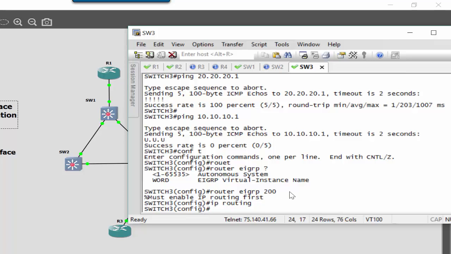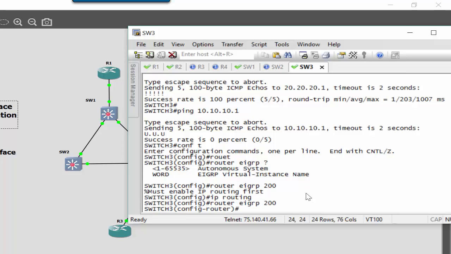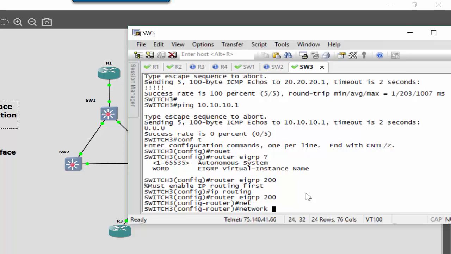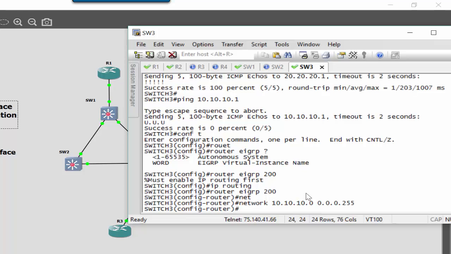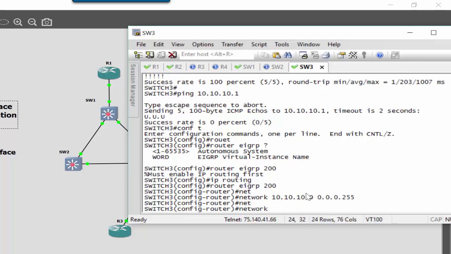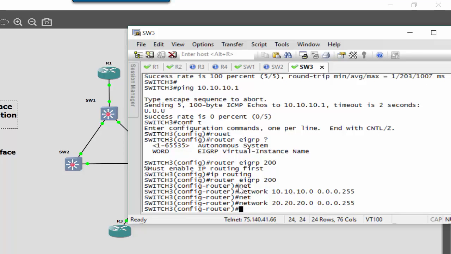EIGRP protocol is a layer 3 protocol. So now we can do EIGRP 200, and then we want to do networks 10.10.10.0 with wildcard 0.0.0.255. We want to do network 20.20.20.0 with 255 for the network, and we want to do the same thing